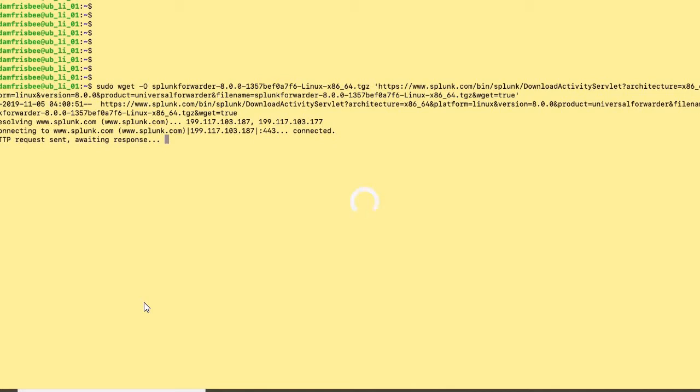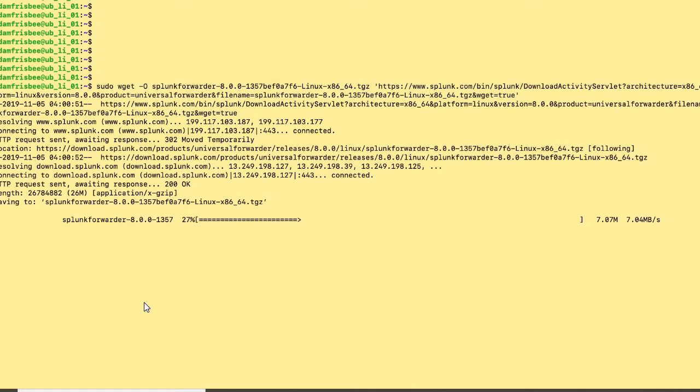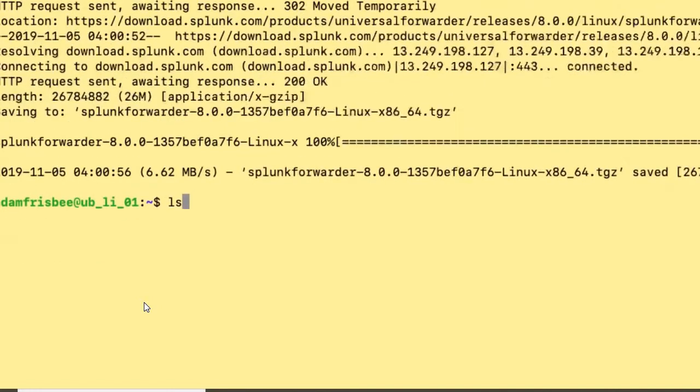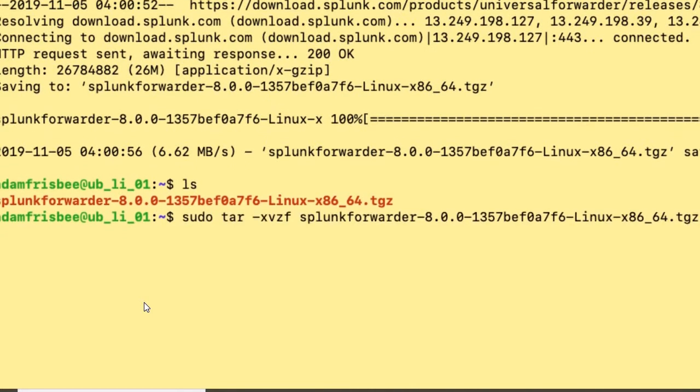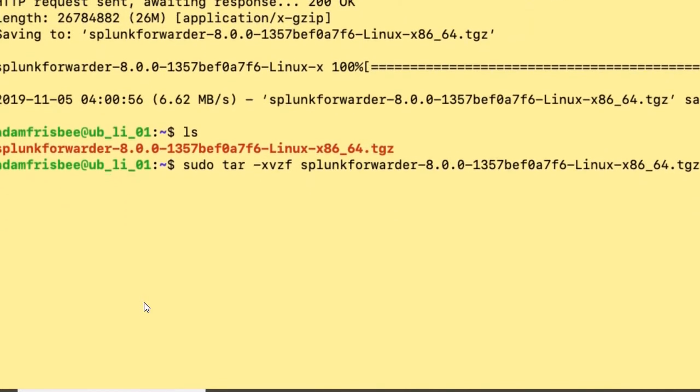Now one more thing we all know, right? If you want to unzip any file, the command we use is tar -xvf. Whichever file you have taken, it is a zipped file, so you have to unzip that, right? For that you will do tar -xvzf. There are a couple of standard commands, even if it is for Splunk installation or for Universal Forwarder installation, for any of these you will be following the same thing. Let me do the tar -xvzf.